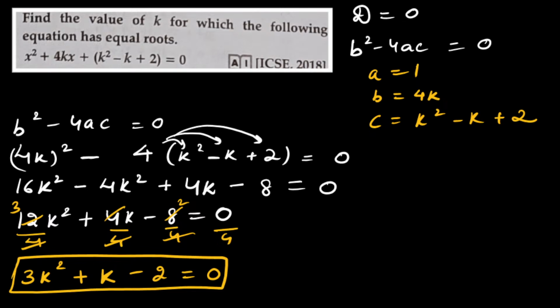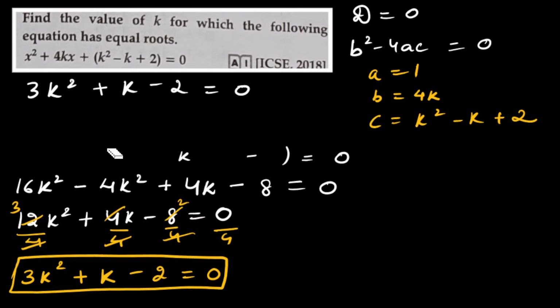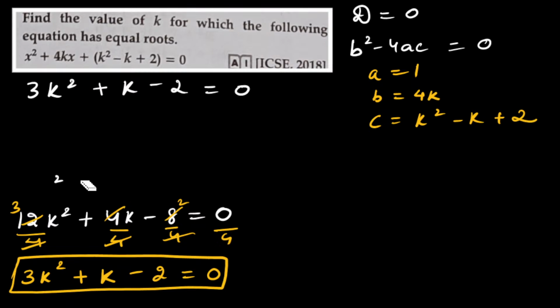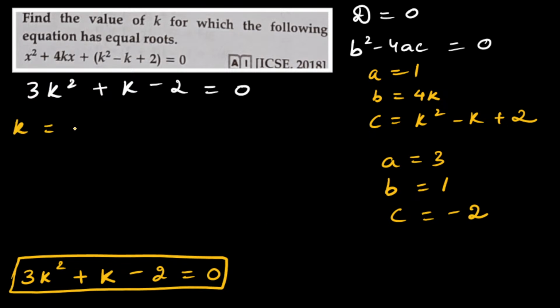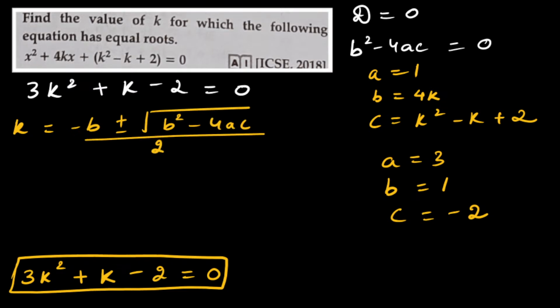In the previous question we did it by splitting the middle term. Now this one, 3k square plus k minus 2 is equal to 0. Let us solve this, if you want, with the quadratic formula or by splitting the middle term also you can do. Anything is fine. So let us do it with the quadratic formula. So a is equal to 3 here, b is equal to 1, c is equal to minus 2. So k is equal to minus b, because we are not finding x, we are finding k, plus minus square root of b square minus 4ac